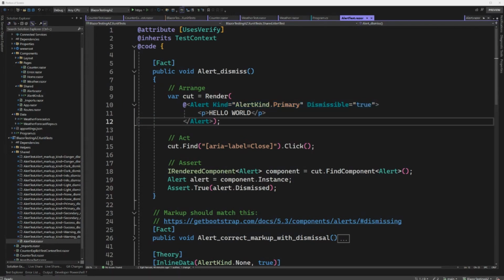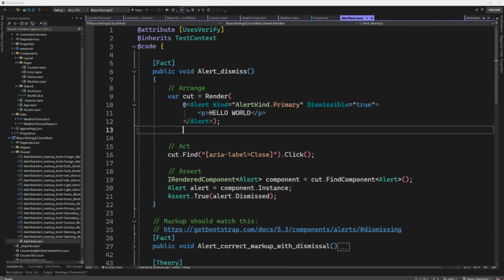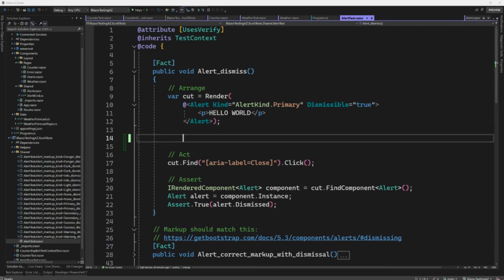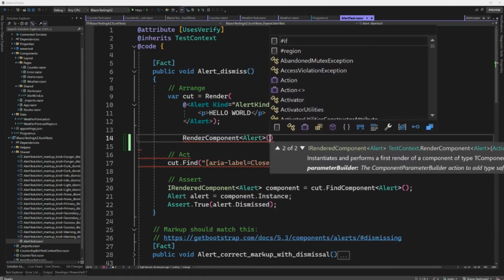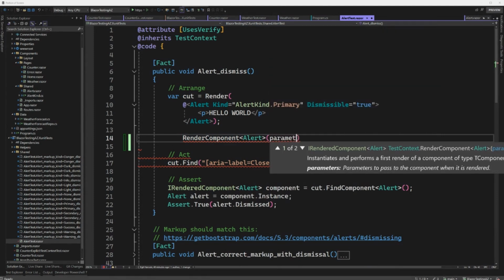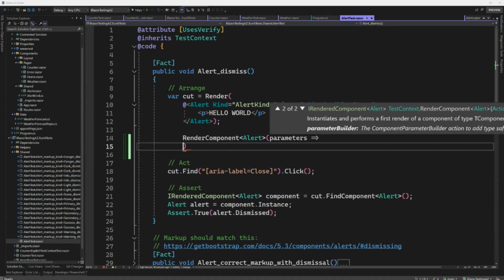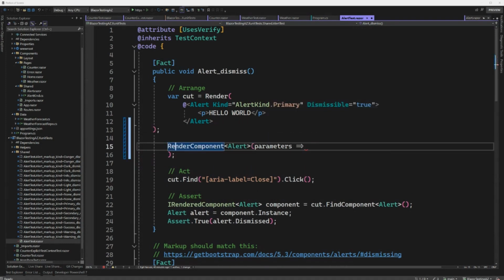We also have, if you don't like being in a Razor file, if you want to write your code in just a C# file, you can definitely do that. So we have another method called render component, where you pass in the type of component, and then we have a builder pattern where you specify the parameters. In this particular case, we want to pass in a few parameters. So we can give this a name, cut2, and then you say